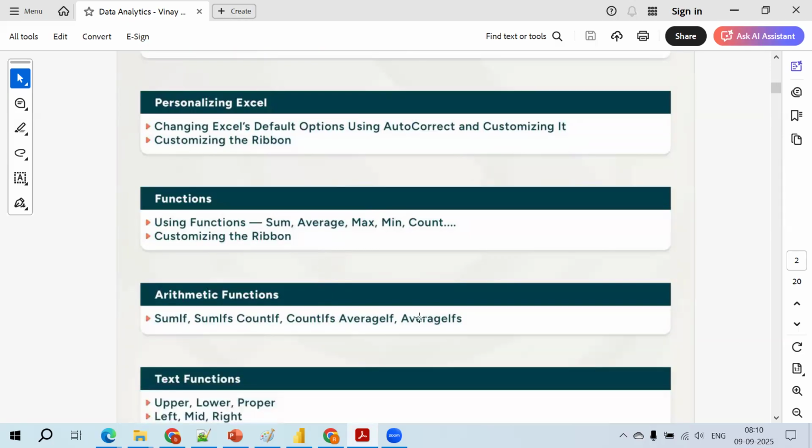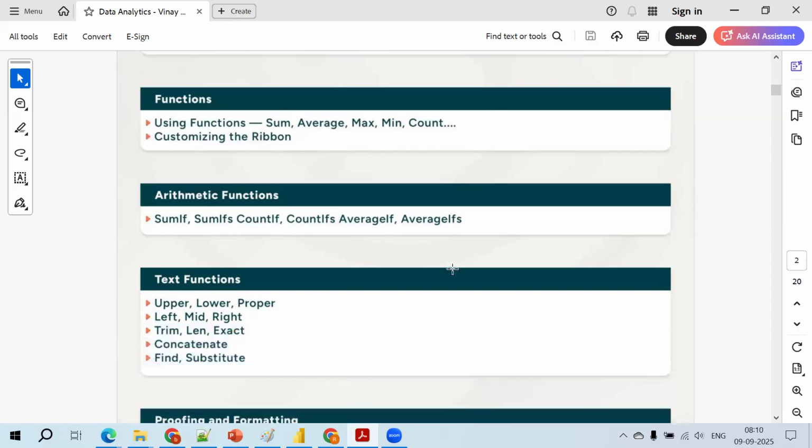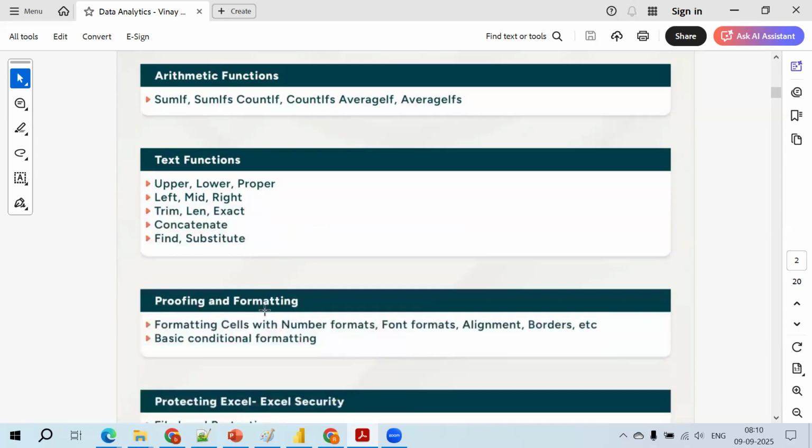Arithmetic. Here we have sum. We have sumif, count, countifs, averageif. What are the aggregate functions? Count, count distinct, sum, min, max, average, right? And then we have other functions as well. In the interest of space, we mentioned only a few functions, but as part of our sessions, we're going to have multiple functions as well, right? We have some arithmetic functions, text functions, string functions, I can say, right?